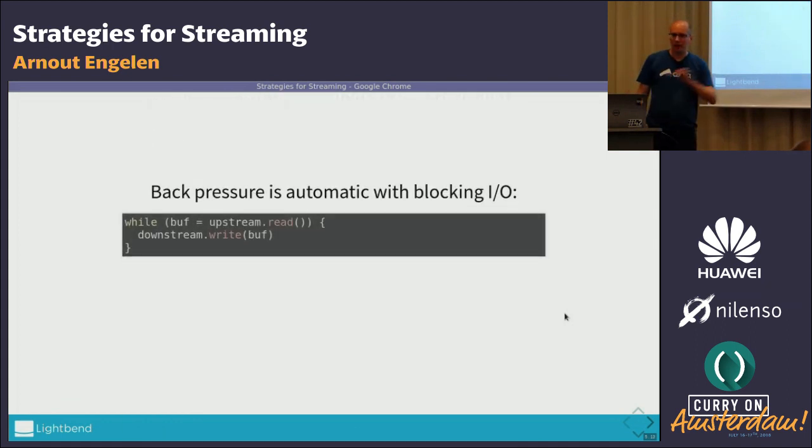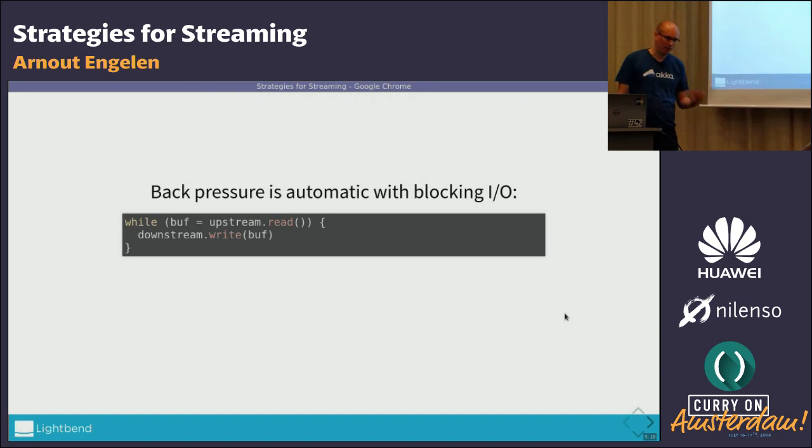So let's get back to our first, most simple, most stupid example. It's interesting to notice that this most simple, stupid example actually had backpressure built in. Because if there was no room in the downstream, it would just block here. And we would automatically avoid reading from the upstream.